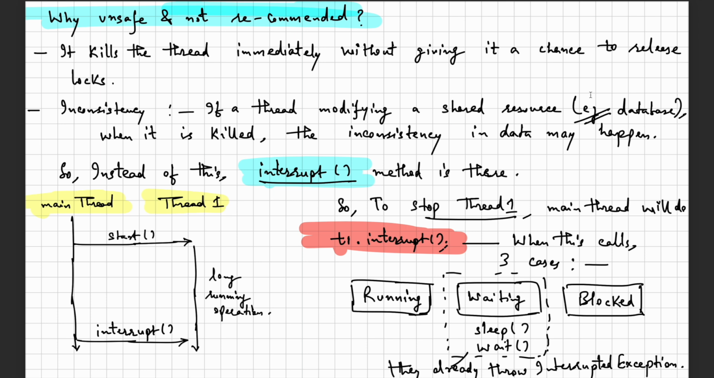Now let's assume you are doing some operations in the memory, or you are using some kind of shared memory, and you are updating the values there. If you kill the thread immediately, it doesn't give a chance to release the locks. We would understand the locks much more deeply in coming videos, but it would not give a chance to release the locks,